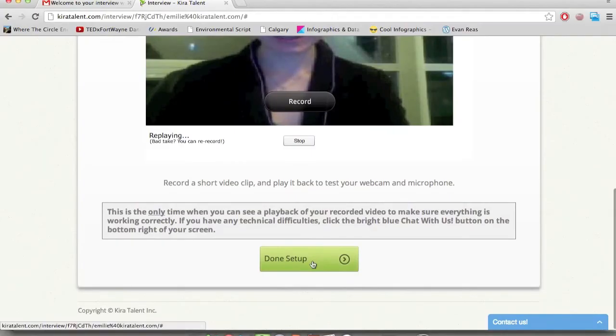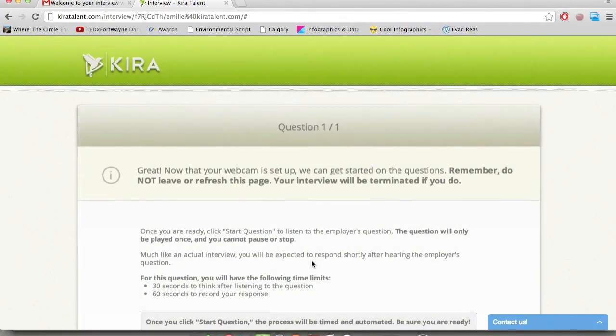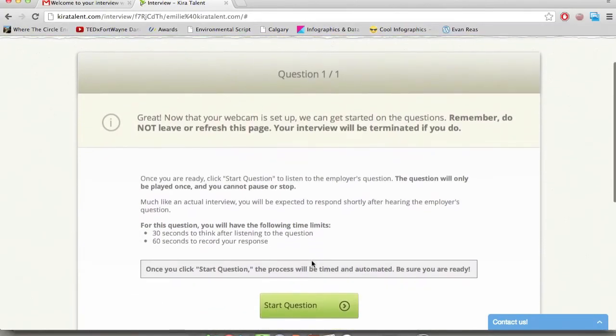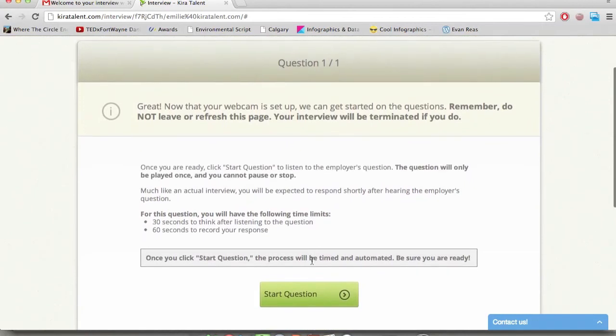This is what we like to call the page of no return. Until this point, candidates can exit the process and come back to answer the questions at a later time. But as soon as they click Start, they will be locked in for the full interview. This means that as a candidate, I will not be able to stop or exit my internet without my interview